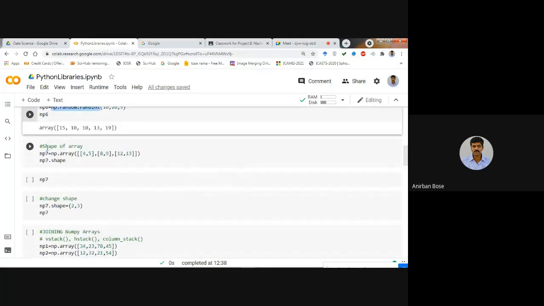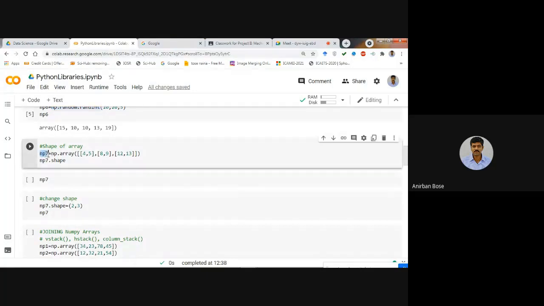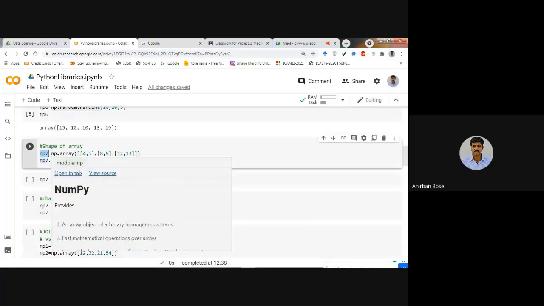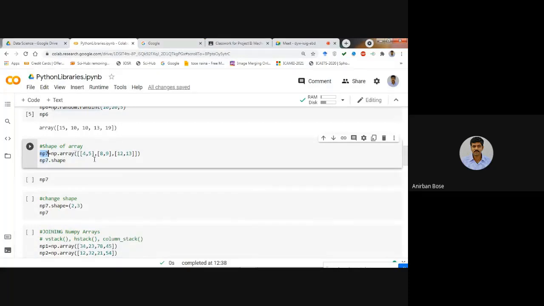Now coming to the shape of array. Shape means how many rows and how many columns. Suppose you have created a multidimensional array np7, defined as np.array, and you have passed 3 lists within this particular list, that is 4, 5, 8, 9, and 12, 13.